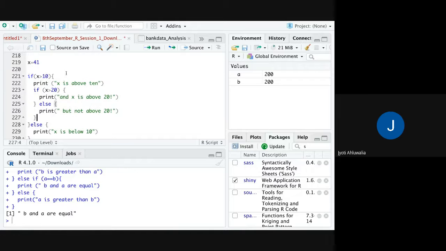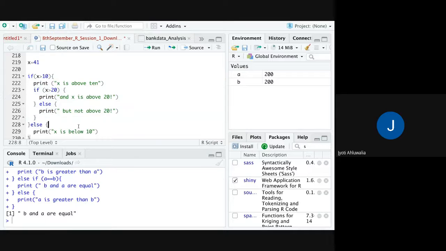We've said X is equal to 41. If X is greater than 10, then print X is above 10. Then you're checking again: if X is greater than 20, then print, else print not above 20. This is called nested if else.